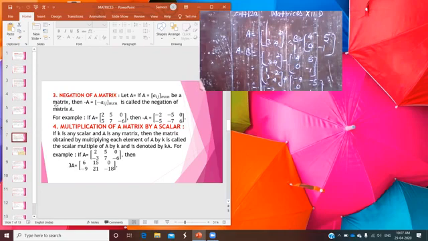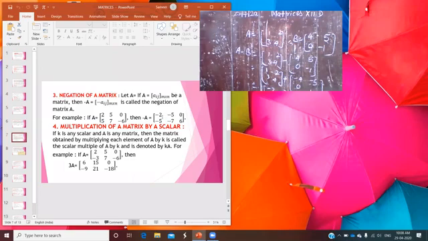So here you see the matrix A, just look at your slide, A is given here. I am speaking row wise. The elements are 2, 5, 0, and in the second row 5, 7, minus 6. Then minus A is equal to, yes, here you multiply only with the minus sign to each element of matrix A, and you will have its negation.